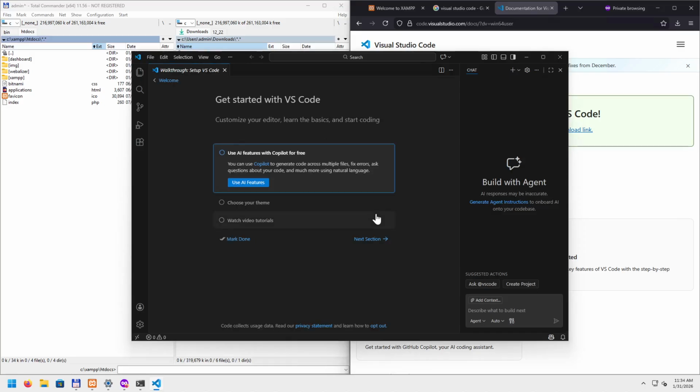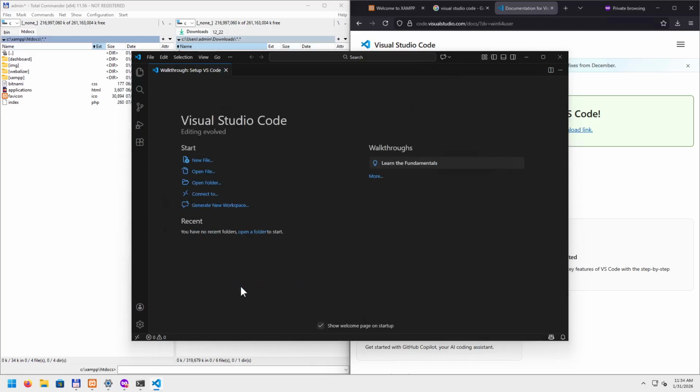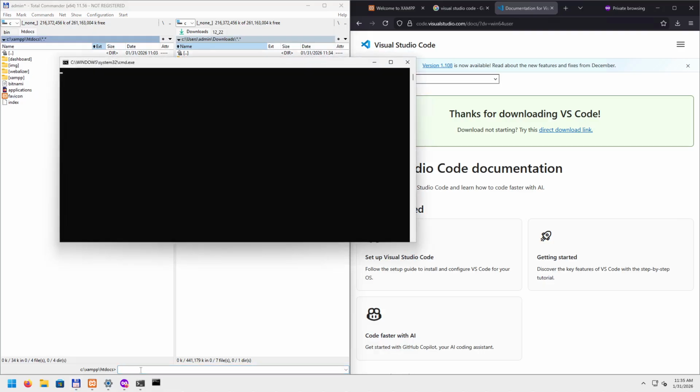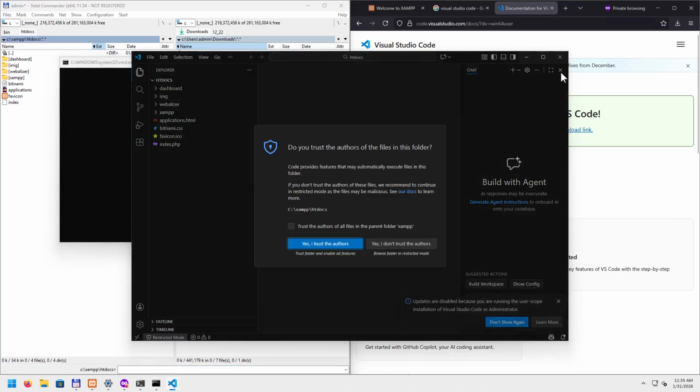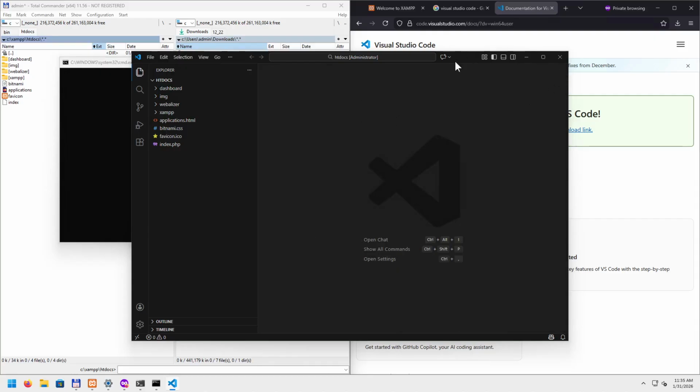This is the first start of the editor, the integrated development environment. How do we close all of these things? Let's see if we need to restart probably the file manager. No need. Trust, so click on the checkbox trust the authors, and then the button yes, I trust the authors. And then let's close the suggestion to install updates or packages. Let's close the chat tool window and